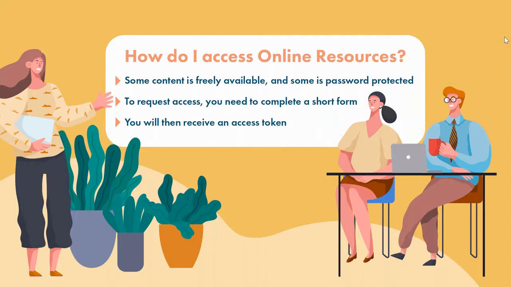Some of these companion websites will have resources freely available to you and to your students. However, others are password protected. To gain access, you will need to complete a short form, which can be filled out on our Instructor Resources Download Hub website. This link is readily available whenever you click on a companion website or resource and can't gain access. If you have previously registered with us on this hub, you can enter your username and password to sign in and gain access. If you haven't registered with us before, then you will need to fill out the form,